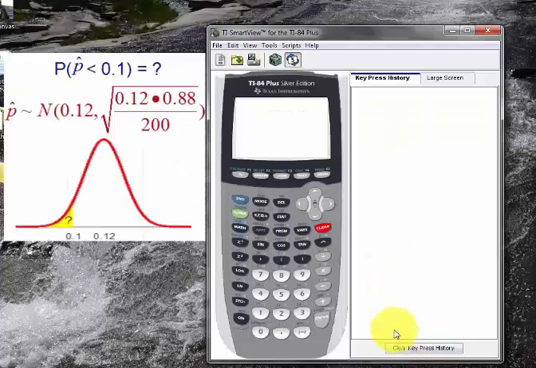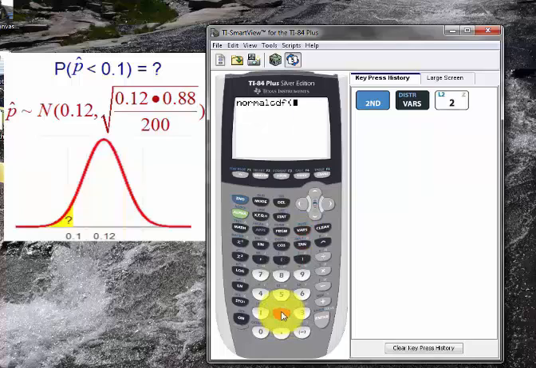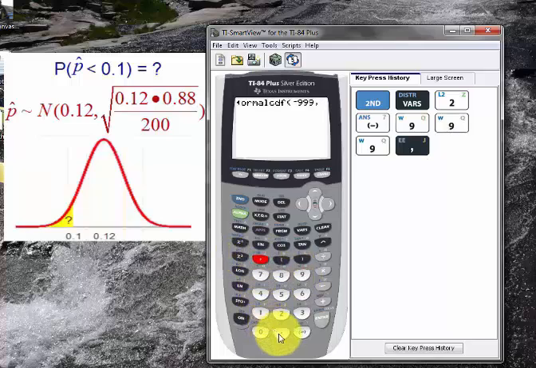Okay, so here's my calculator. I go to second distribution, and then number 2 is normal CDF. Here we wanted to find out the probability that p hat is less than 0.1. So the left is negative infinity, or negative 999 is good enough, comma, 0.1, comma,